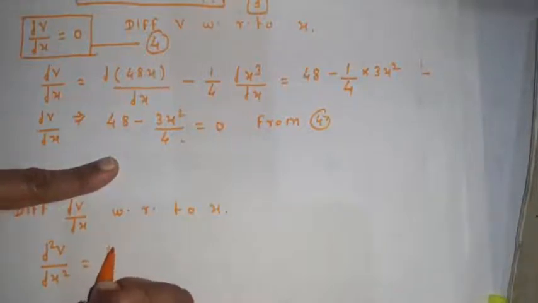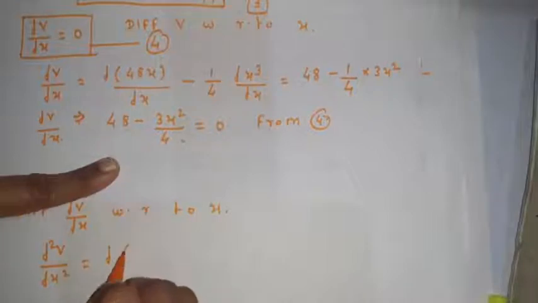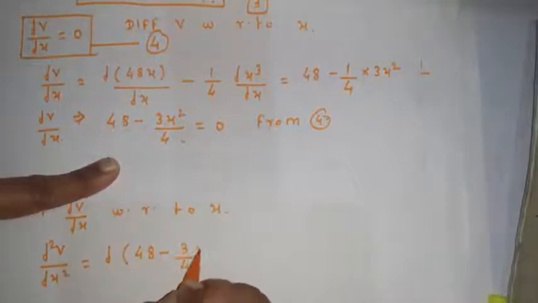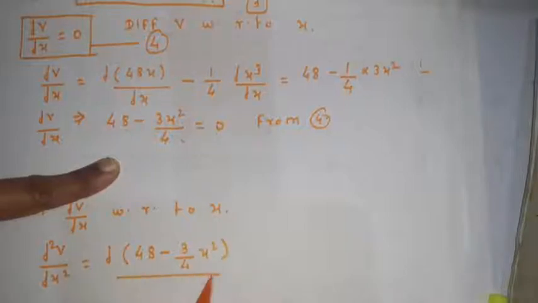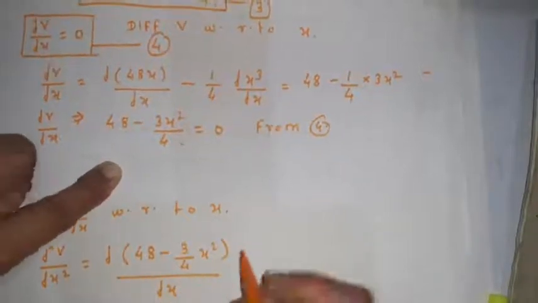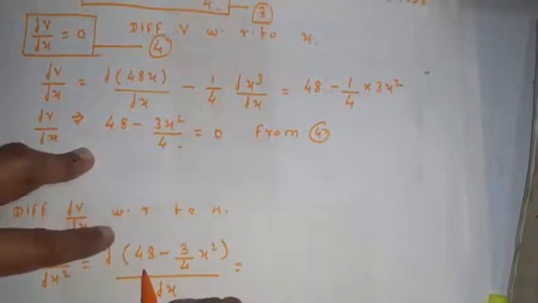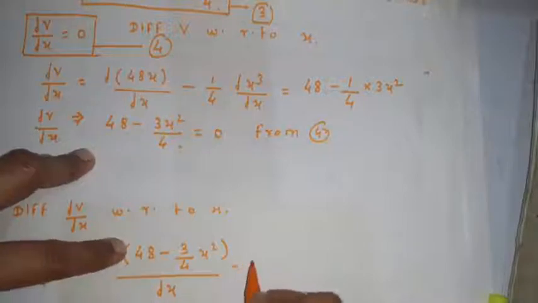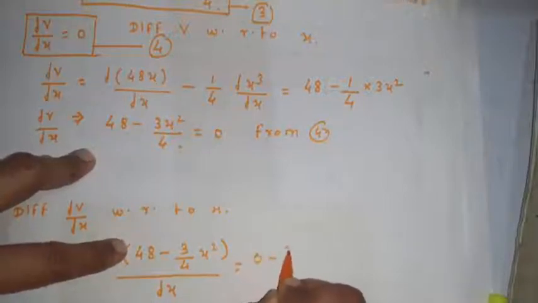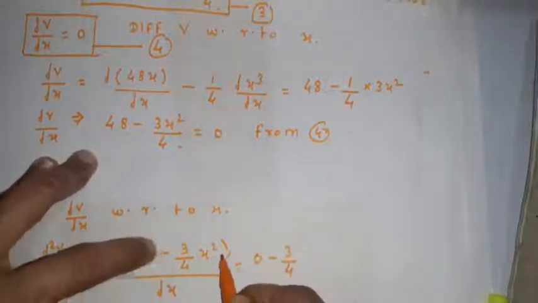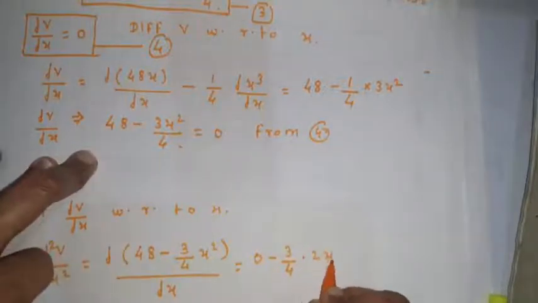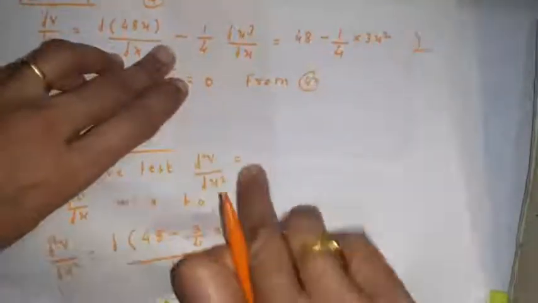which is the differentiation of 48 minus 3 by 4 x square with respect to x. Okay students, here differentiation of 48 is 0 because that is a constant number. So 0 minus 3 by 4 into differentiation of x square, which is 2x. And therefore here d2 square v by dx square